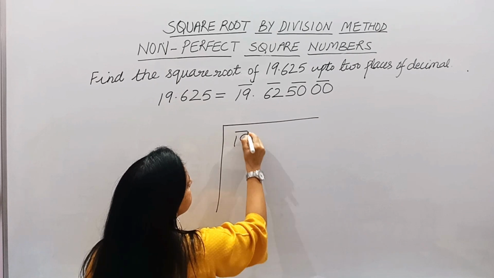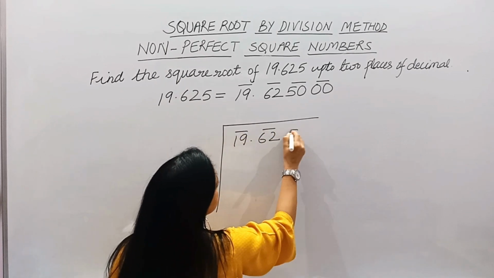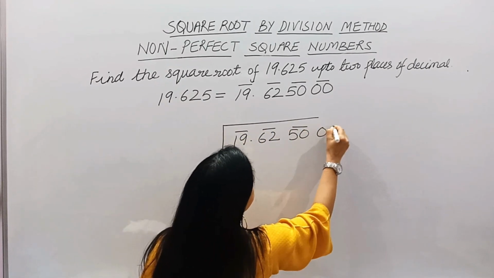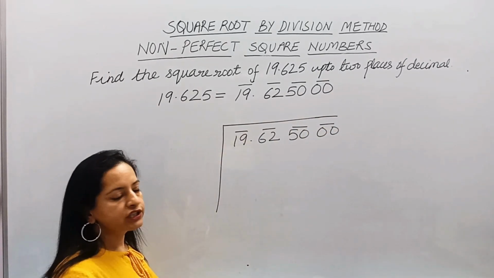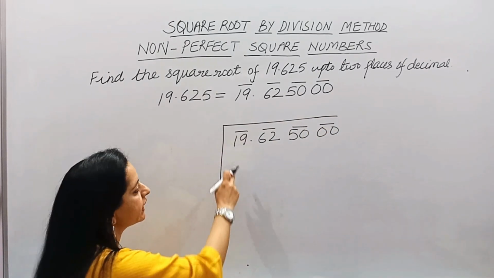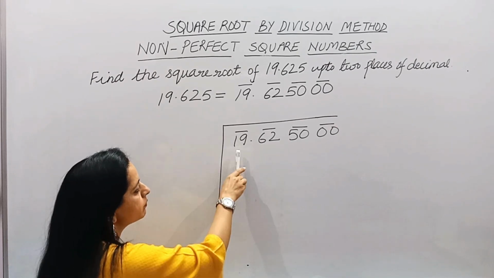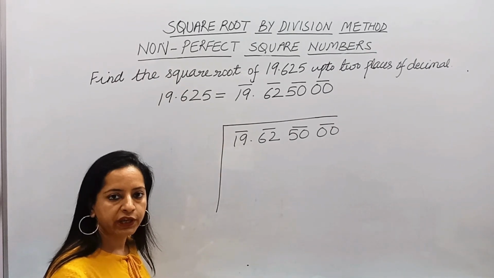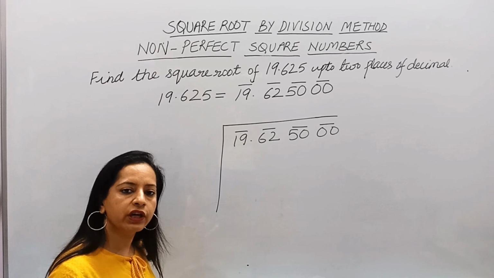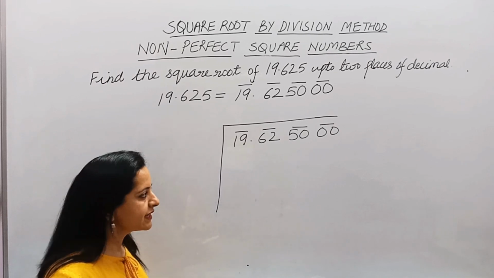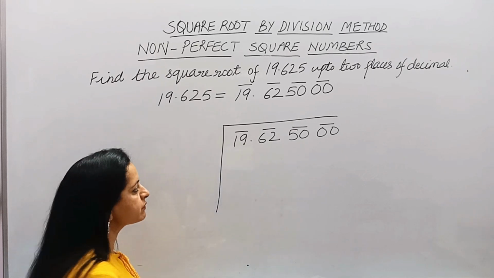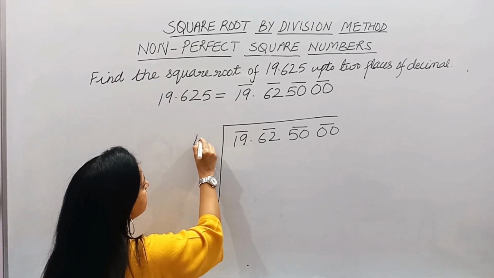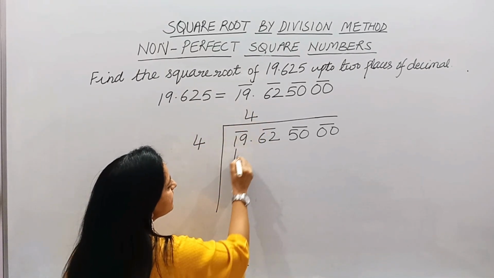Here I have got 19 point. I have put a bar over the pairs. Now I need to write here a number so that we get a perfect square which is less than 19. So perfect squares, we know 3 square is 9, 4 square is 16 and 5 square is 25. So 5 square, 25, is more, so we can write 4 for the 16. 4 for the 16 here.